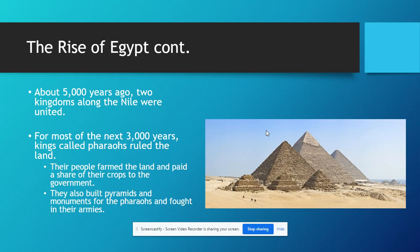So about 5,000 years ago, kingdoms started to develop. The Egyptian kingdoms that you probably learned about already at some point in school. We know that they were led by pharaohs who were kings. They were mostly men, but there were a few female pharaohs over time. They often used slave labor, but then the labor of their people as well to farm, but also to build